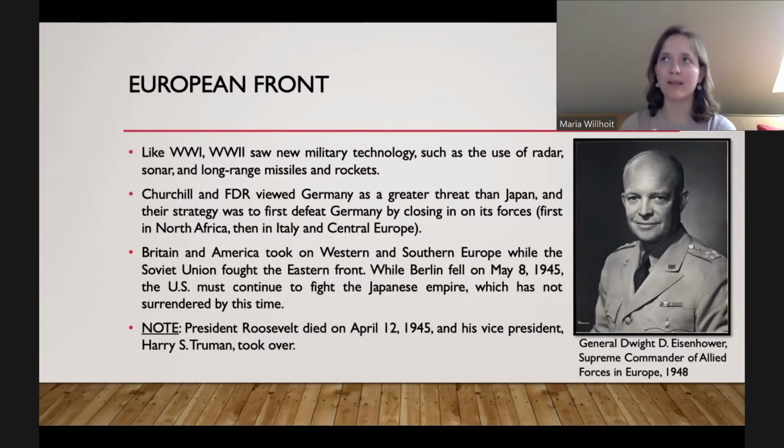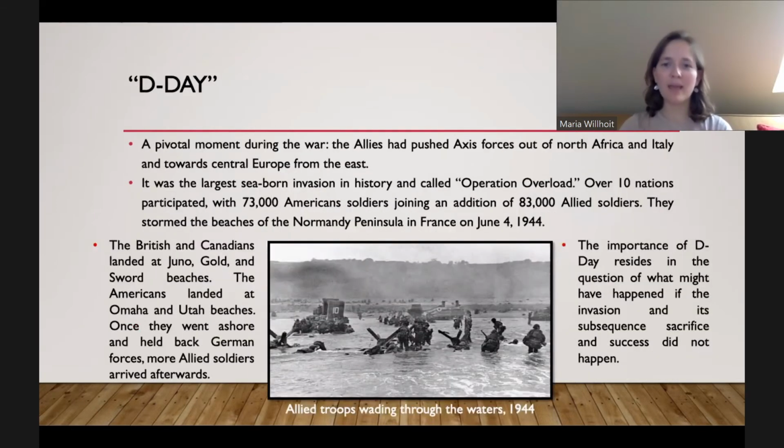But he's a very venerated general. There are like four generals that Americans know about: Eisenhower, Douglas MacArthur, George Patton. Let me think of who else. Maybe it's three, but there are a few that every American knows, and he's one of them. He's very well respected. And I just have to mention D-Day. I'm trying to watch my time, guys, because I'm trying not to go over.